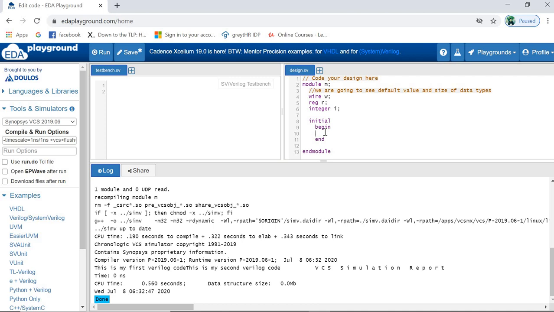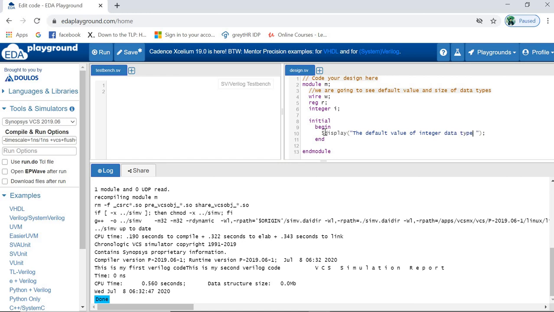So suppose let's display integer. I will have to use these quotes, because whatever we want to display will come into these quotes. So the default value of integer data type.